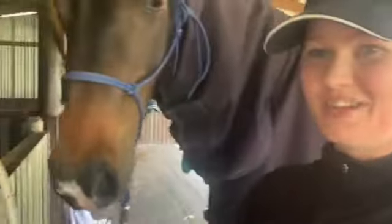So she did work through some stuff with Ruby. Being a typical kind of unexposed warmblood, she has a little bit of sassiness in her. And when she does kind of think, "Oh, I don't have to do that," she's very athletic about it. So I'm off today to have a lesson with Sam, because since Ruby has come home, I have been having 2 lessons a week with Sam. So Sam rides her, and then I'll jump on her, or we'll go for a trail ride together, or I will have a lesson on her and Sam will coach me. So we've really worked hard to get a few strategies